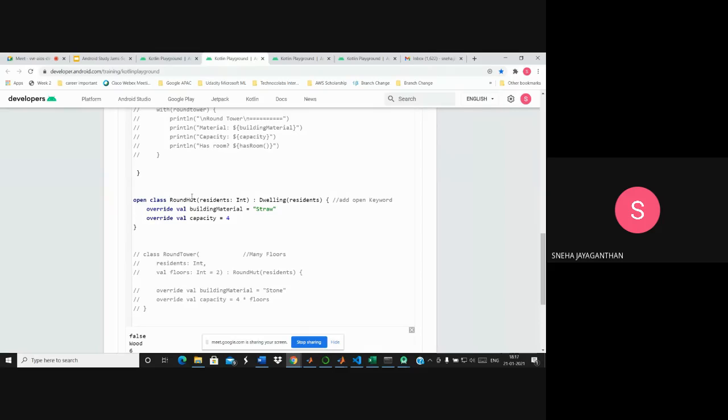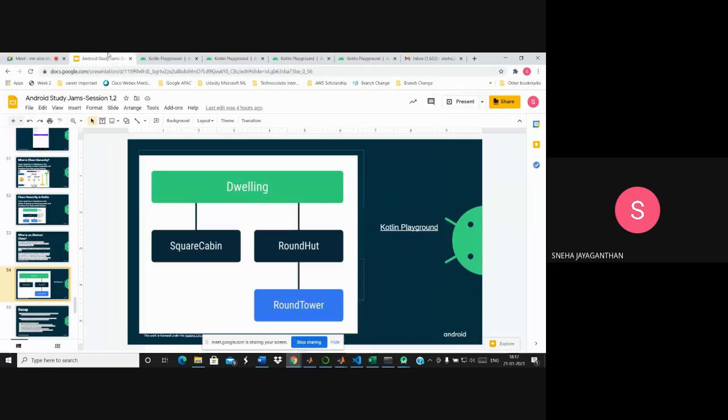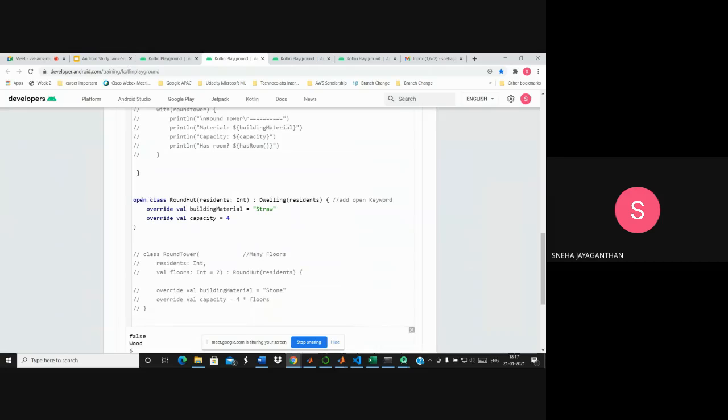But you can see that here I've added an extra keyword called open. So by default, all the classes except abstract classes are not inheritable. Only an abstract class is inheritable. If you want to make a class inheritable that is not an abstract class, you have to add the open keyword. Since we want a round hut to have a child class round tower, we have to make sure that the class is open.